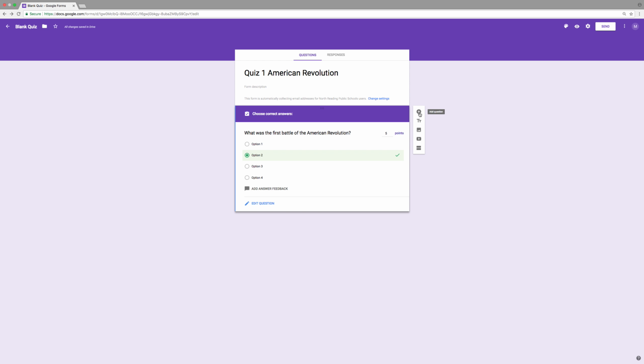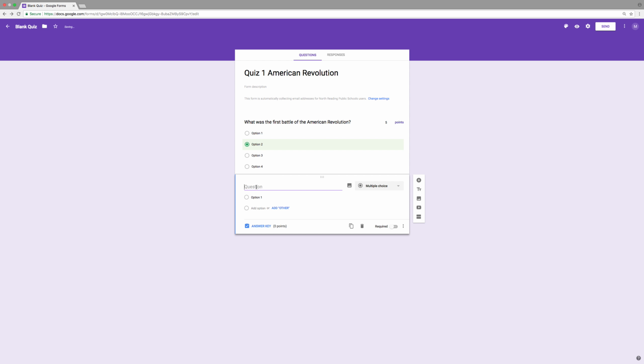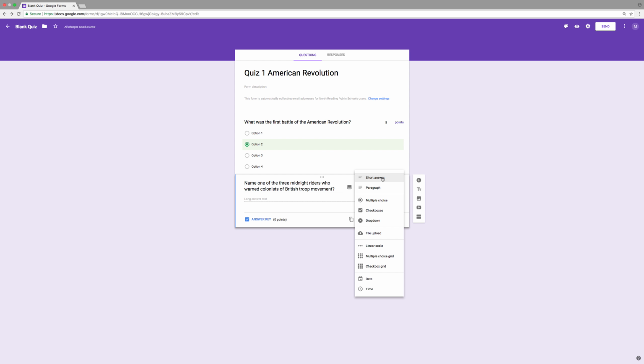So the next thing I do is I'm going to add another question. And here we'll say, name one of the 3 midnight riders who warned colonists of British troop movements. And this would be short answer, paragraph to allow them a little bit longer. We'll do short answer. And so there is 3 people that they could choose from, and we could assign the